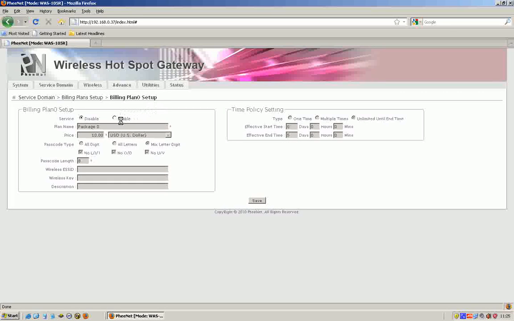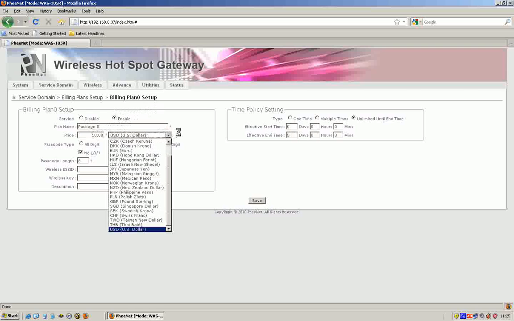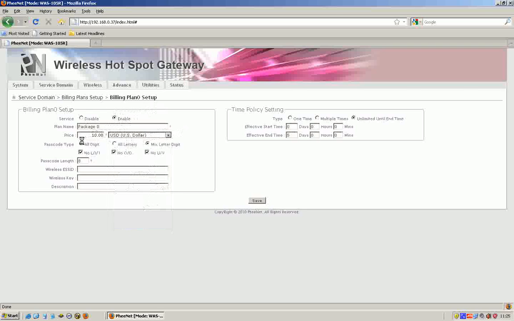Now, a billing plan has a name. It also has a price, which you can set the currency. It also has various parameters over how the password can be used. So does it have to be all digits, all letters, no lowercase, and so on. It has a length for the password